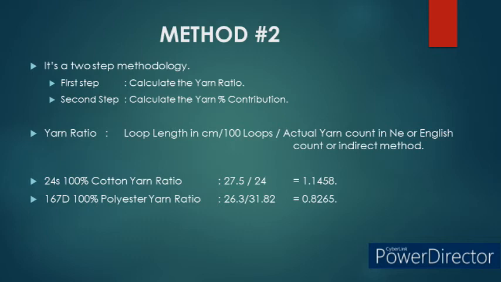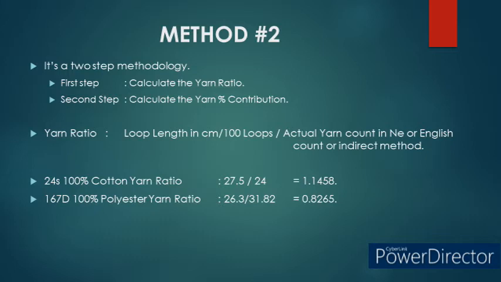Method 2 is a two-step methodology. In step 1, we calculate the yarn ratio. In step 2, we calculate the yarn percentage contribution. The formula used to calculate the yarn ratio is loop length in centimeter divided by the actual yarn count in NE, the English count, or indirect method. Therefore, 24's 100% cotton yarn ratio can be calculated using 27.5, the loop length, divided by 24, the yarn count in indirect method, that is